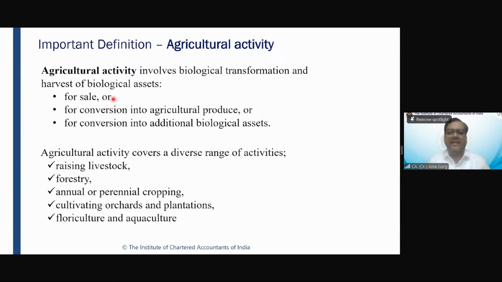My dear friends, from an examination perspective, identification is not that relevant. Accounting is relevant, because you are not going to become agriculture scientists. You are going to become chartered accountants.